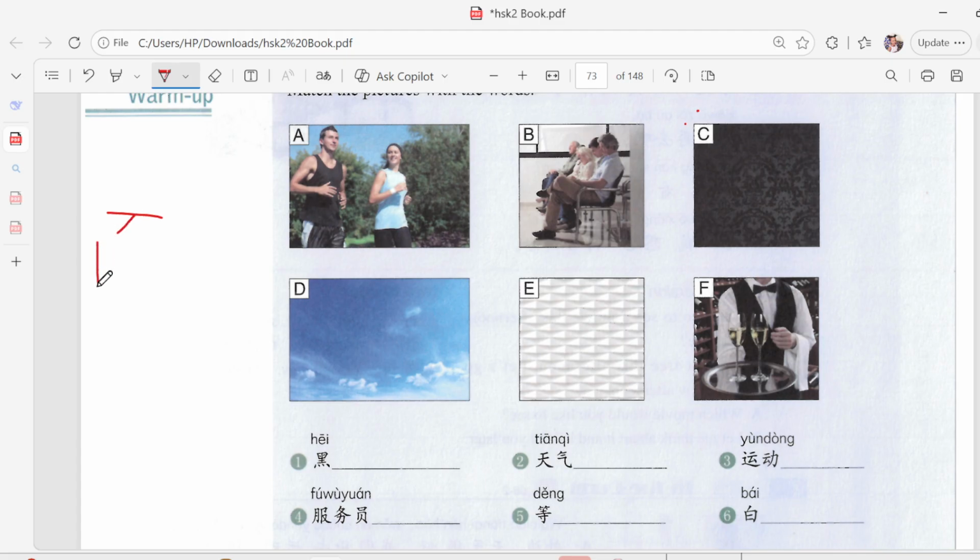I used to make mistakes when I was learning. Sometimes you might confuse the characters because most of them look almost similar to each other. So this one is bai for 100, and then the bai for white is like this. You see, it has just this thing above, okay, and then you write the